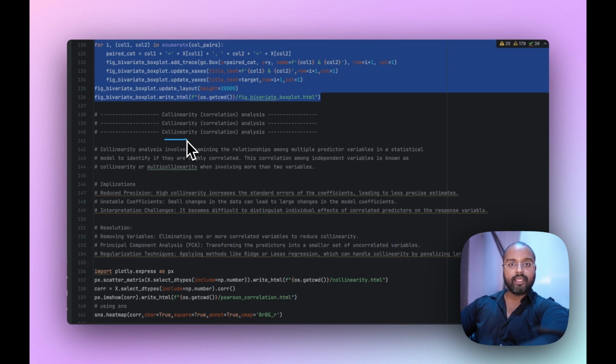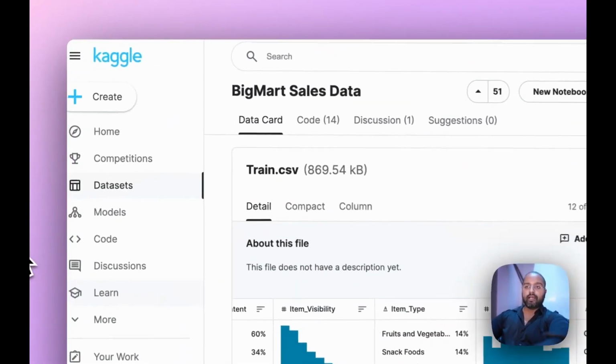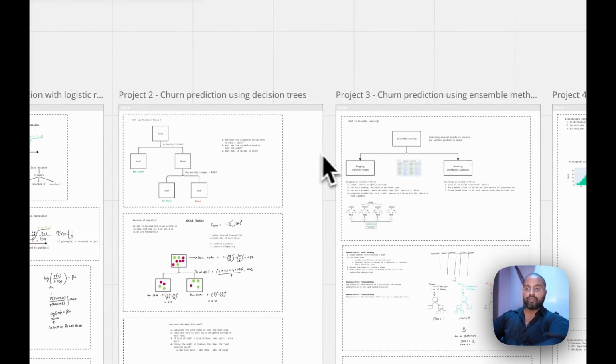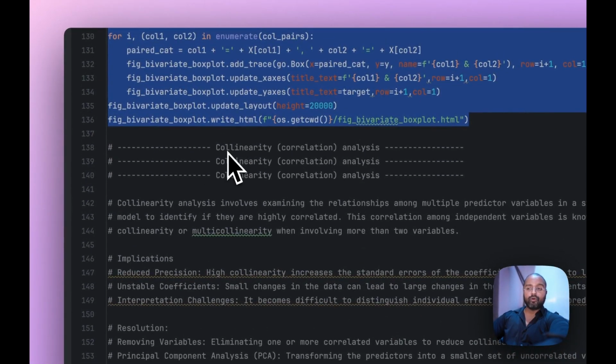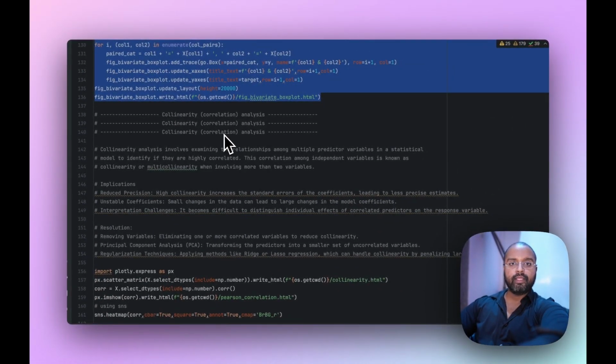Because if you think about the actual formula and other things, which I'll have in all these Miro boards so far, you should be able to go in here and look at all these formulas for regression and other places where we also walk through the assumptions that we're talking about. So I'm not going to spend too much time on that in here, but I'll probably have a separate video in that section, or you can look through the previous projects to understand this a bit deeper. But essentially, when we do get to a regression model, we want each of these independent variables to have an interesting coefficient, so that we are able to understand how much each of these independent variables actually affect the output